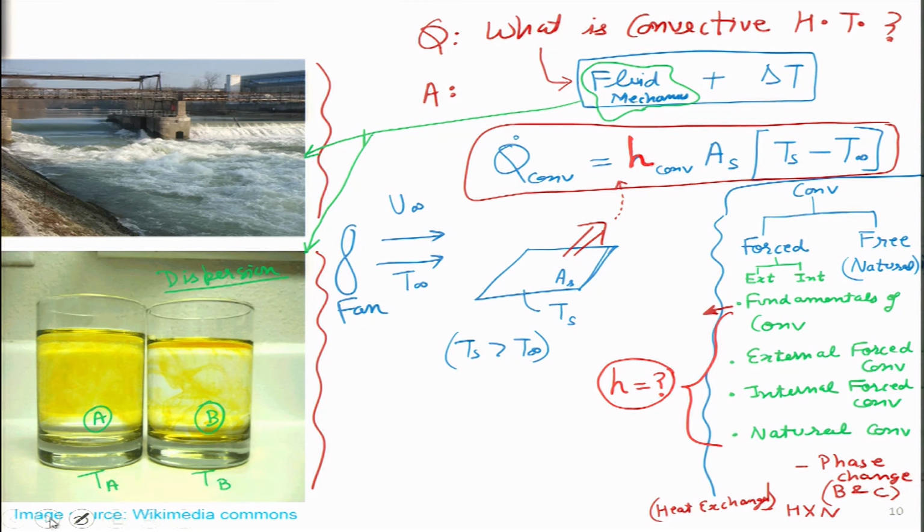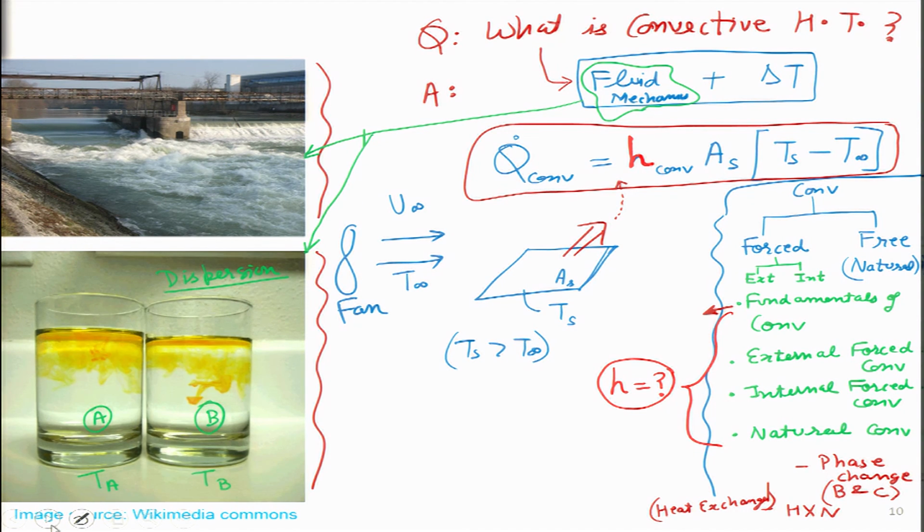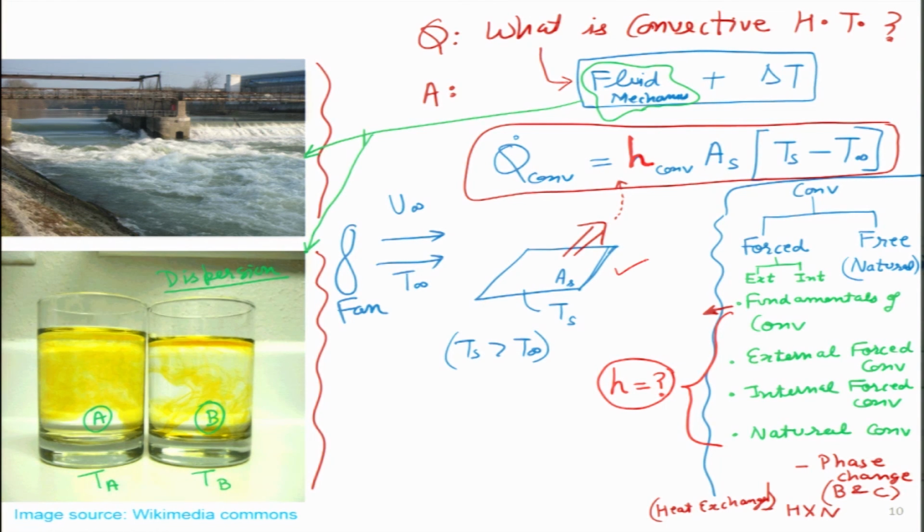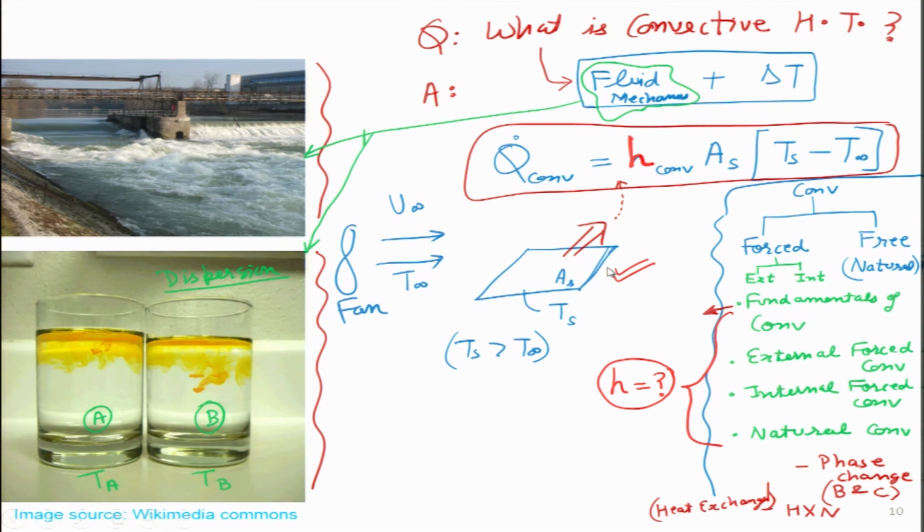I will start this particular topic with certain examples. The first example I have given already over here, that this could be a surface which is losing heat. What are the other examples from life? This is another example that I was talking about. If I have a hot cup of tea or coffee, and it is so hot that I can't drink it, I think we have all gone through that experience. So what we try to do is, there are two alternatives. One is I can leave it for a little while.